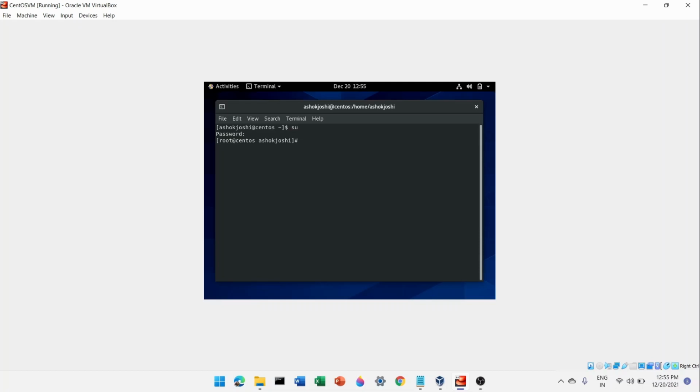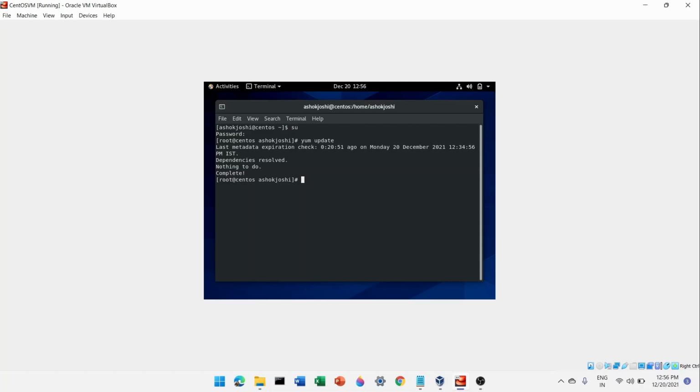So the very first thing you'll have to do is update the machine. In order to update the machine, the command is very simple. It's yum update. That's it. Now the reason it is not updating in my system is that my system is already updated. If your system has not been updated, it will take some time to update. Sometimes it will ask whether you want to continue or not. Just write Y and continue, and it will install everything.